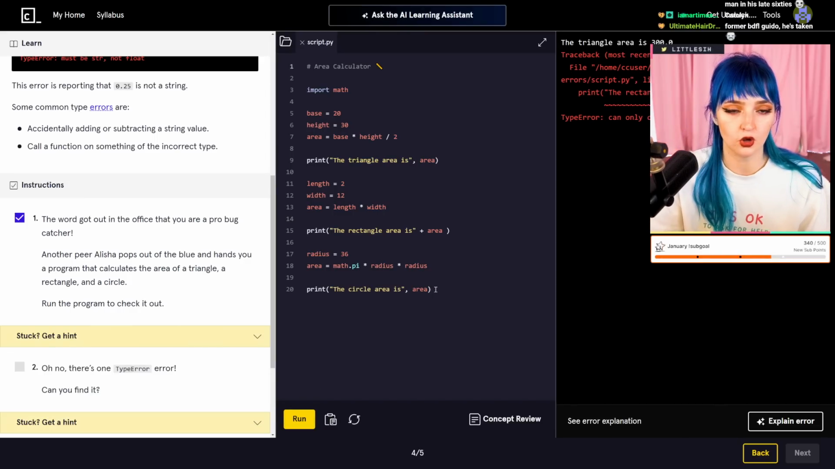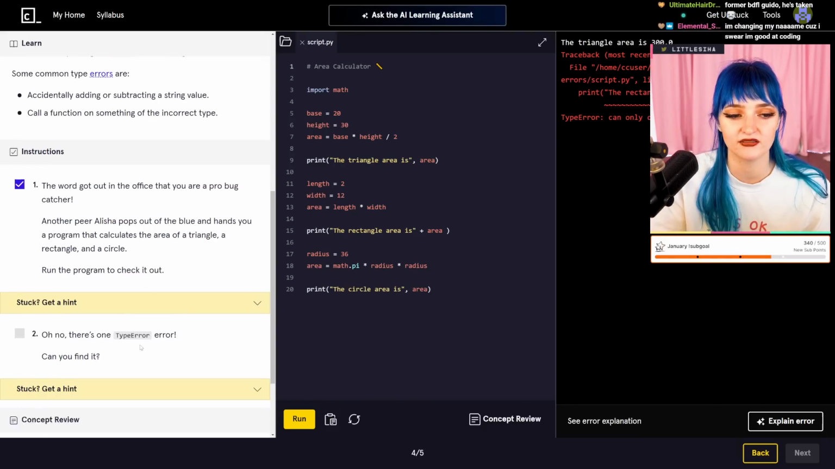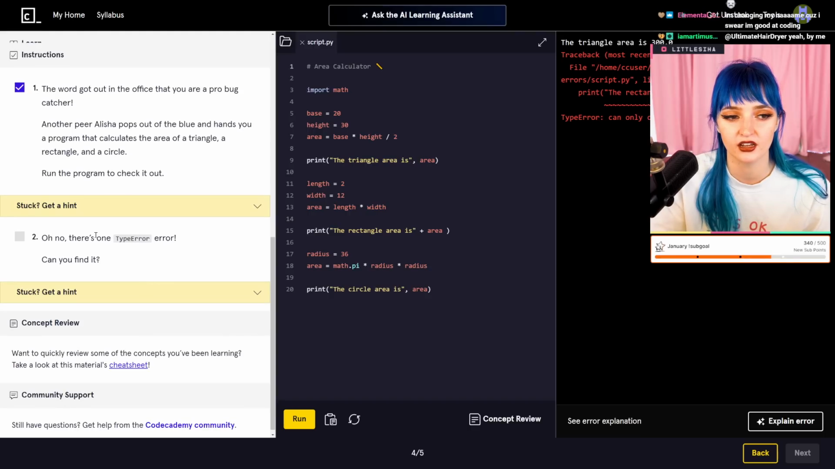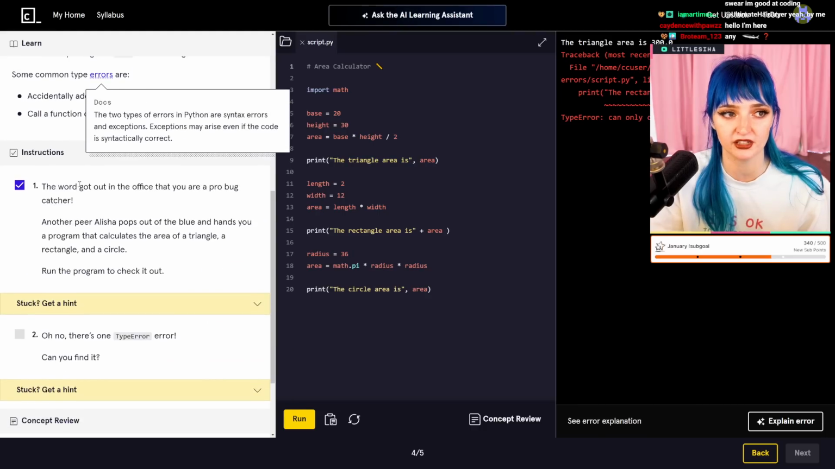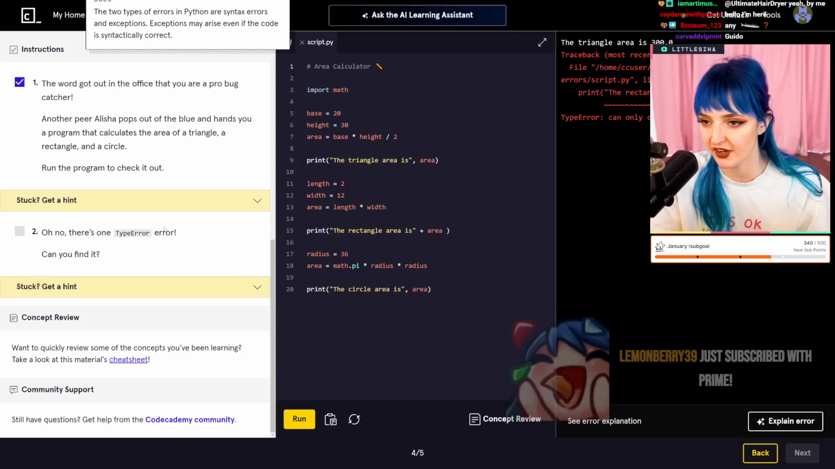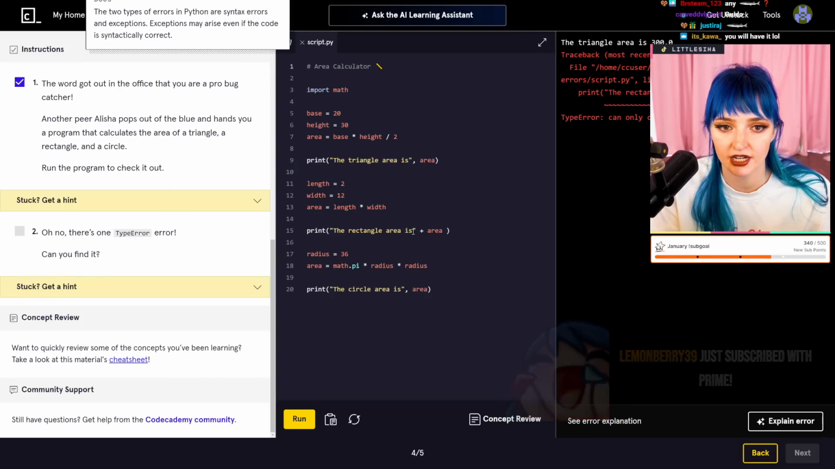Okay, there's only one type error. That's kind of boring because I wish it had more than one type error, because this is the first I'm learning about this type of error. I wish it had more, because if it's just one, it's going to tell me exactly where it is. The rectangle area